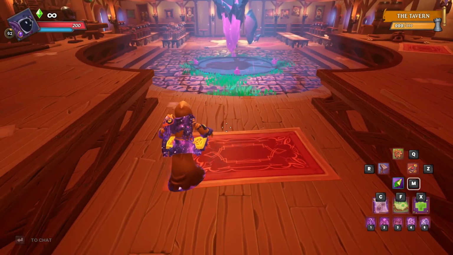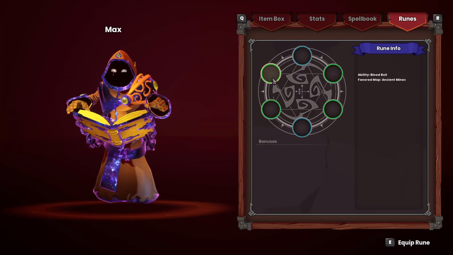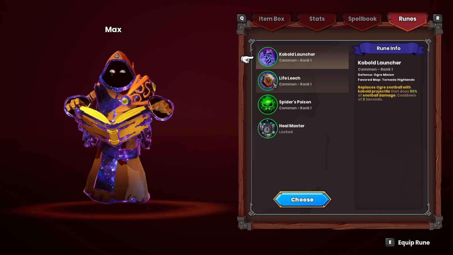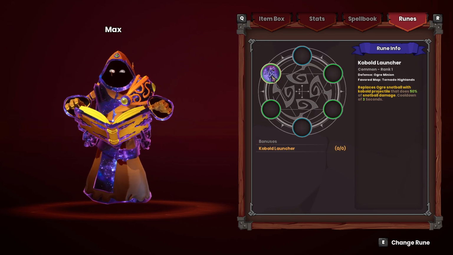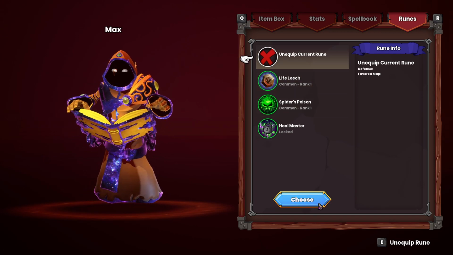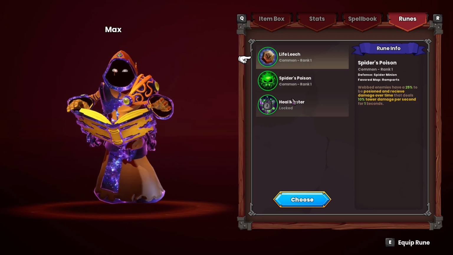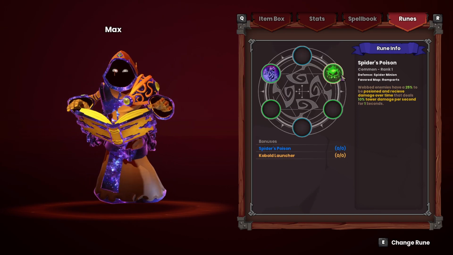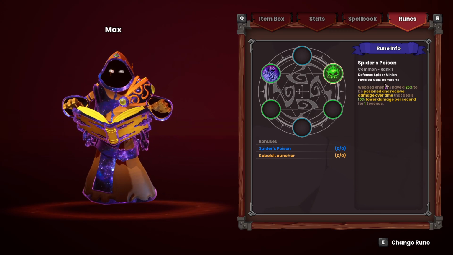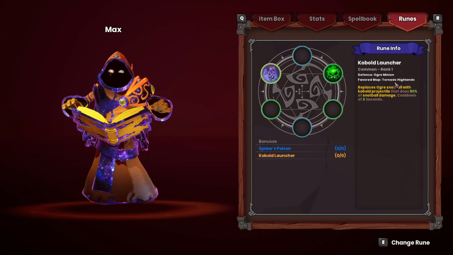And then last but not least, we have the Summoner. Now, the Summoner is without question one of the MVPs. There's no doubt. Early game, if you're using Ogres, a Kobold Launcher is just beast. It just blasts things. Additionally, Spider's Poison is super, super powerful. Spider's Poison, of course, is going to drop in Act number 2, and the Kobold Launcher will drop in Act